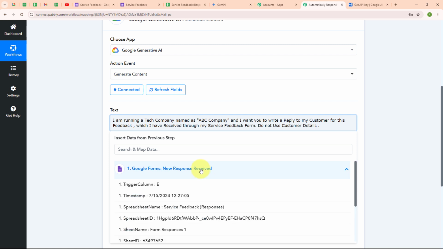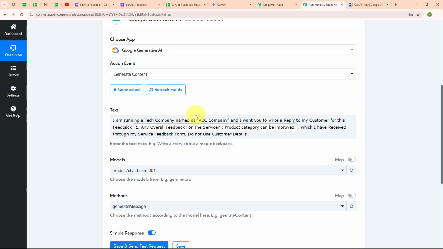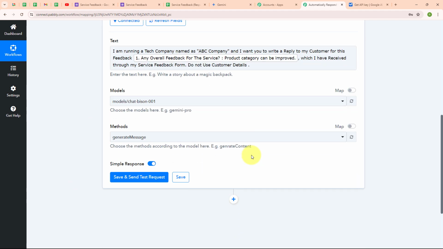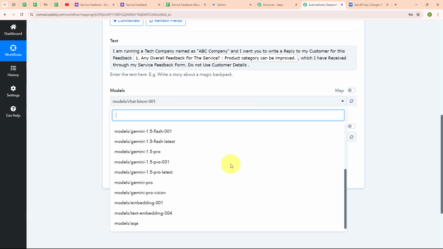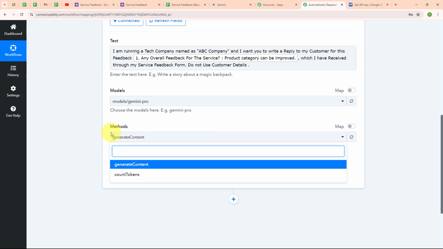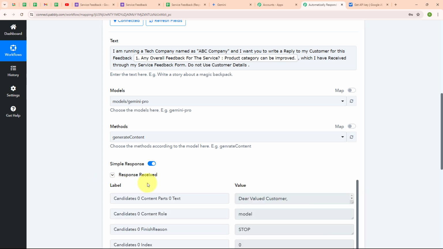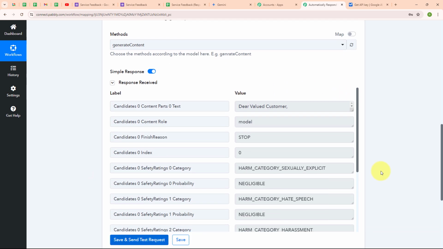So here I'm going to map the feedback from the response I have received. So this is the feedback. And now, after entering this text, moving forward, in the model I'm going to select my model as Gemini Pro. And then it is asking for methods. So here I'm going to select my method as Generate Content. And now, after selecting all the required data, I'm going to click on Save and Send Test Request. And here you can see we have successfully received a response where we have received the new generated